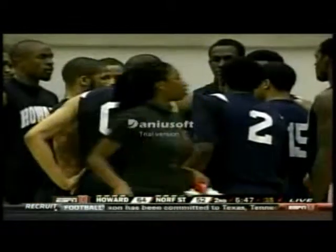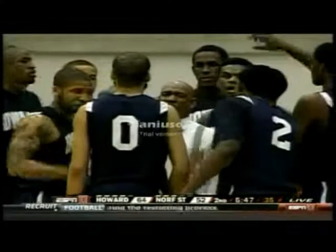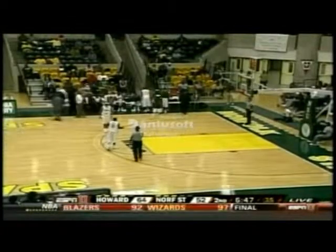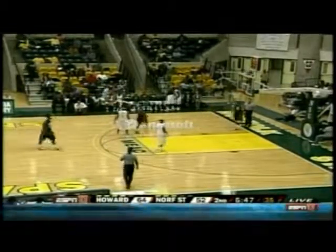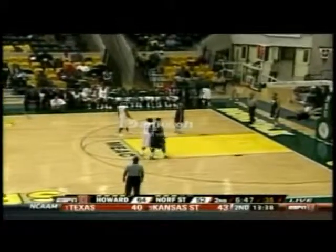Then they beat Navy at home. They beat Coppin State at home. And then they beat A&T on the road last Saturday by 5 points, 82-77. They're looking for their 3rd win away from Burr Gymnasium this season. Well, 2010's been very nice for the Howard Bison. They were coming in winning 3 out of 4 ball games, and that game against Hampton gave them